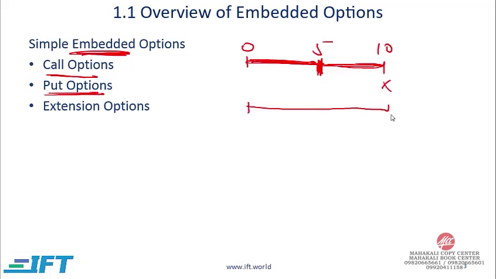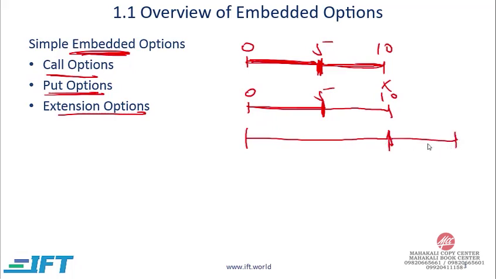So if we have a puttable bond with a maturity of 10 years and this is puttable after 5 years, then this means that after 5 years the bondholder can give the bond back to the issuer and receive par value. Extension options are like put options in the sense that they give a benefit to the bondholder. With extension options, a bondholder has the right to keep holding the bond for a certain number of years at a particular coupon rate